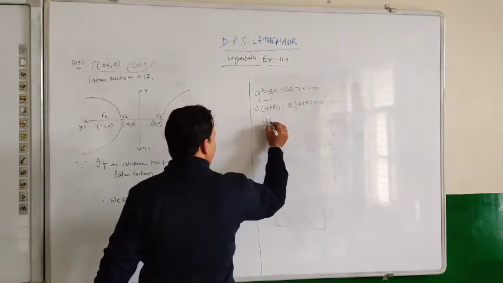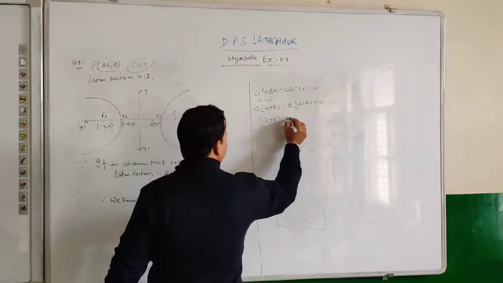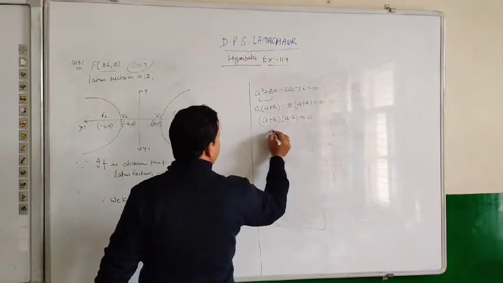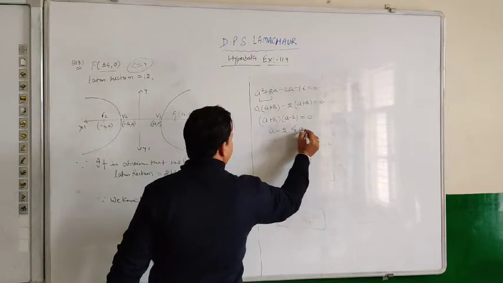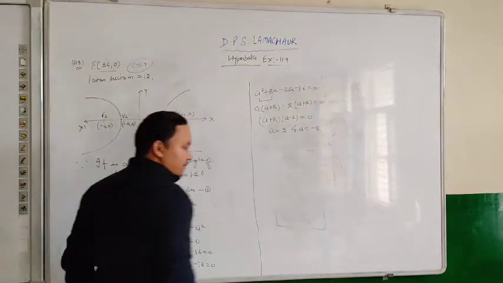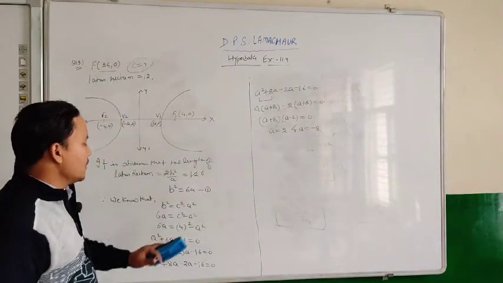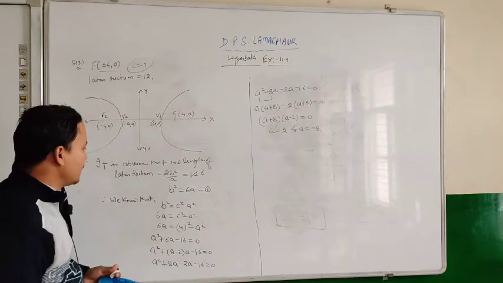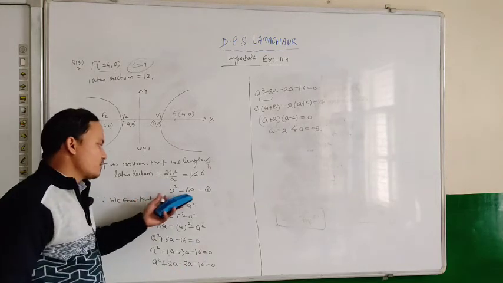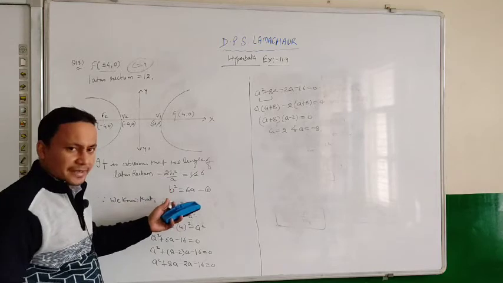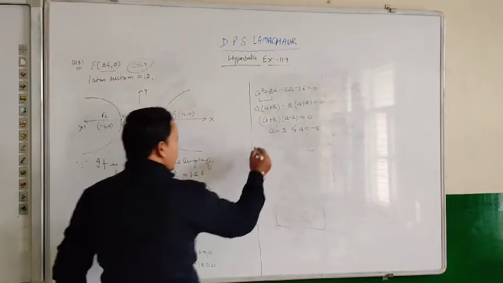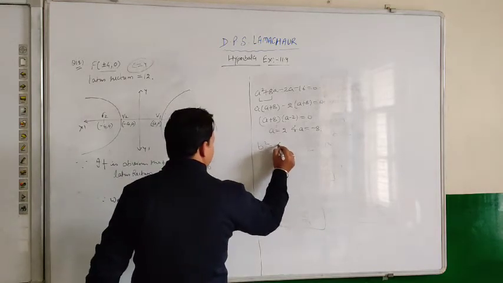So there are two values of a. The first is a is equal to 2 and the other is a is equal to minus 8. And we will take only one value from here. So which value do we have to take? How will we verify it? You will verify it on behalf of this information. Since b square is equal to 6a, we will put both the values.